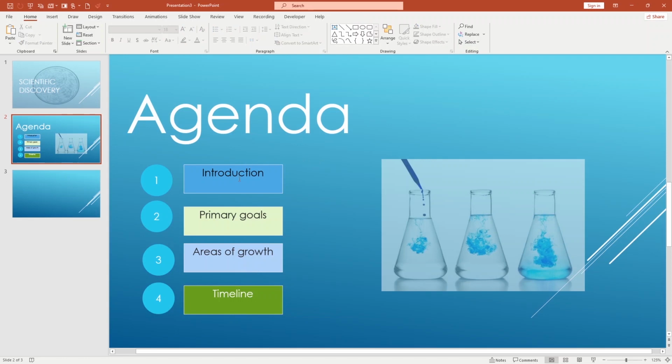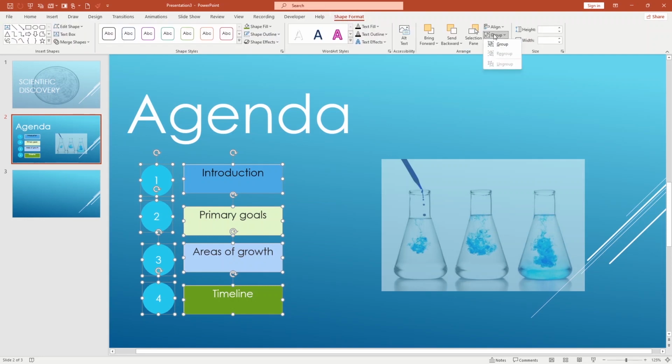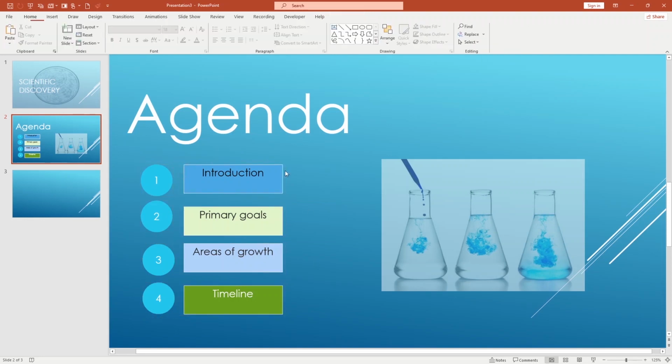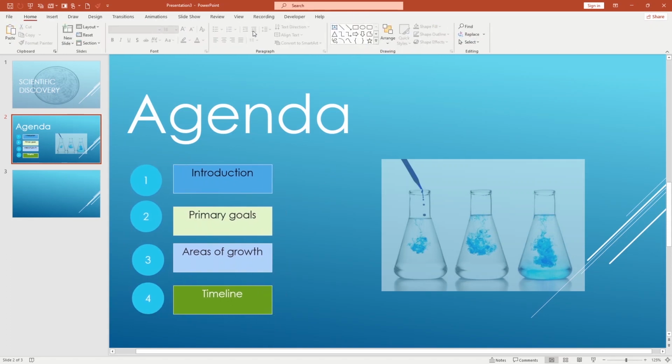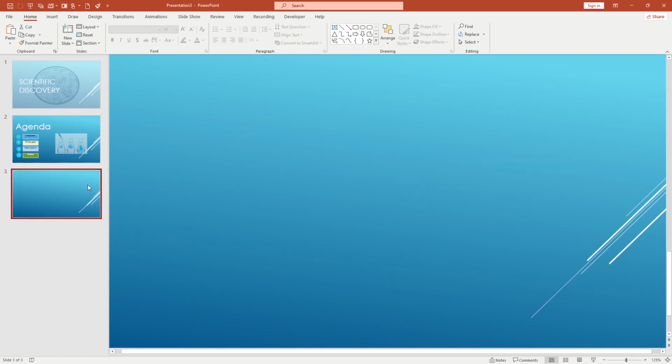Then we will select all the agenda and do group. So go to the Shape Format and use Group. It's now grouped. Now it can be moved anywhere very easily at a time here. Then we'll go to the next page with the introduction. Just go to the next page